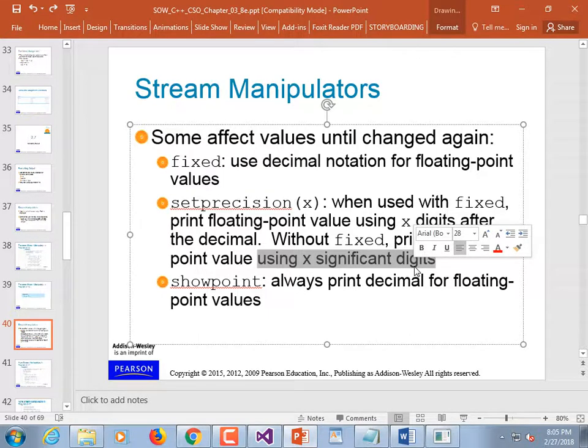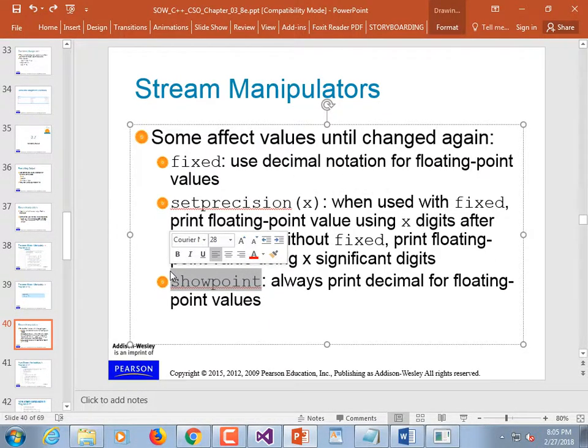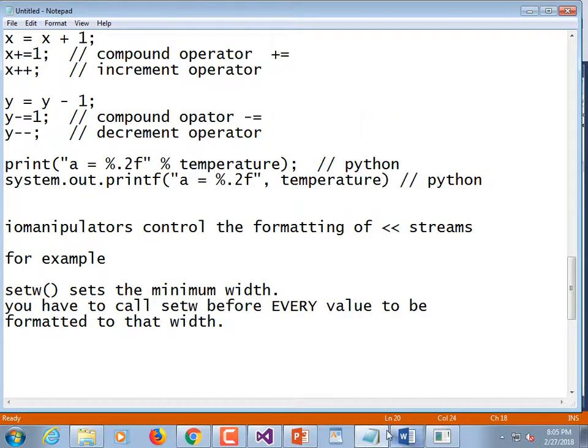And if you've taken a physics or chemistry class, you understand what significant digits are. I'm not going to lecture on that, but I do want you to know that if you want to specify the number of places after the decimal point, you're going to want to use both fixed and SetPrecision to get it to work. Show point causes it to always print the decimal points. That may be valuable as well. Let's find out. So our first little loop up here,